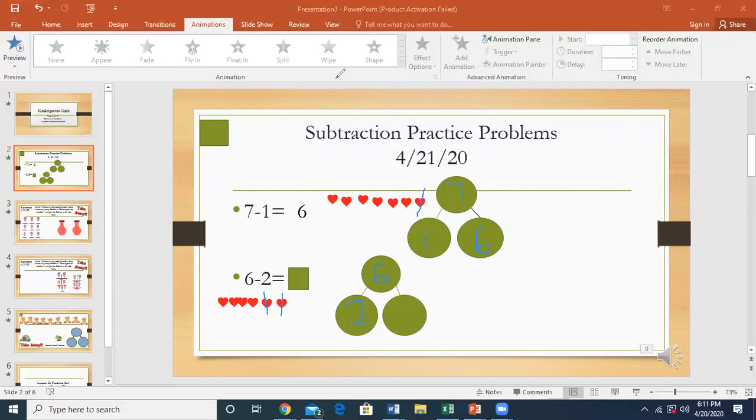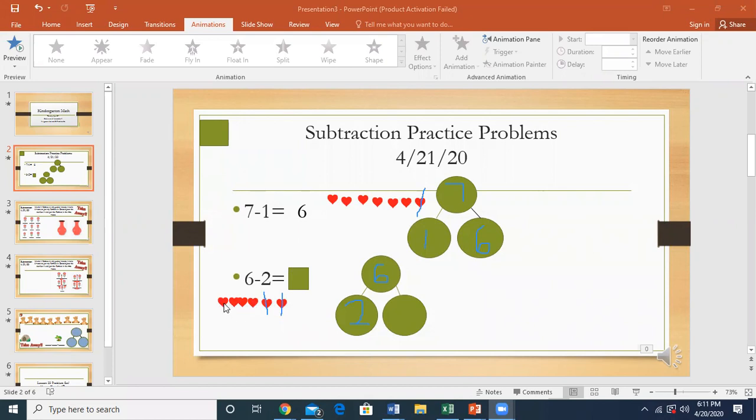How am I going to figure out what my mystery number is? Can you help me figure this out? What do you think? How am I going to figure out what my mystery number is? Should I count up all of these hearts? No? Why not? Oh, because that's the total. Oh, right. I'm going to count up the hearts that are not crossed off, the hearts that are not taken